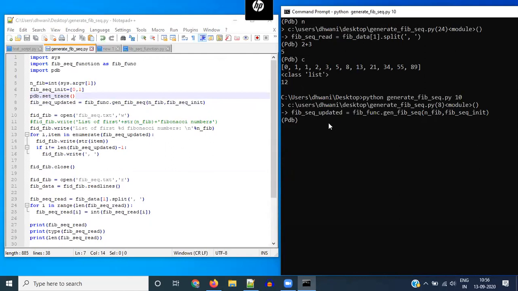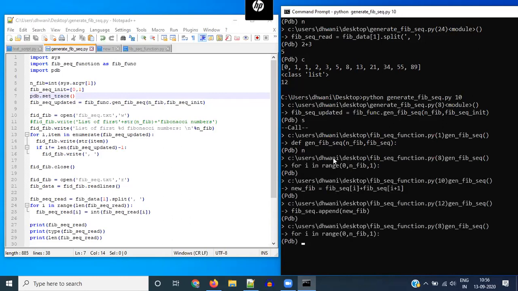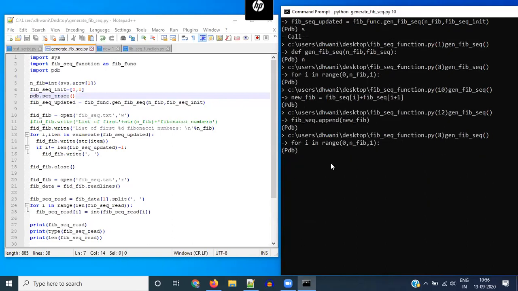So to go inside this function, do not press N, but press S and hit enter. So it's gone to this line which says define genfib seq, and you can see that the path has changed to the file where it's actually present. So once you're within this function, then you can just start typing N and go line by line. So if you end up hitting a for loop, then you'll stay stuck within that for loop for as long as the for loop is running. So every time you keep pressing N, it'll just keep going to the next iterations, and it'll only come out of the for loop when it's done. But you can also just press C here and it'll just finish running the whole program from wherever you've left it.